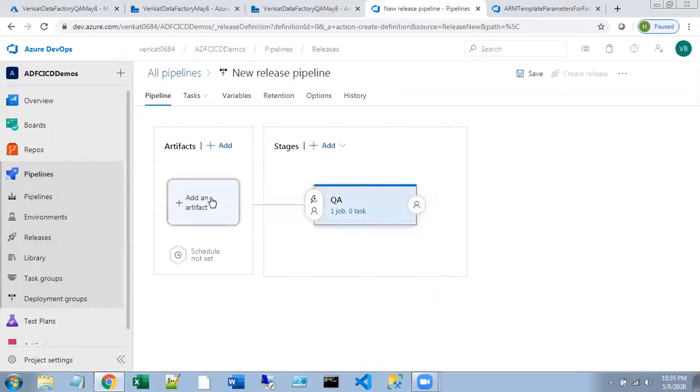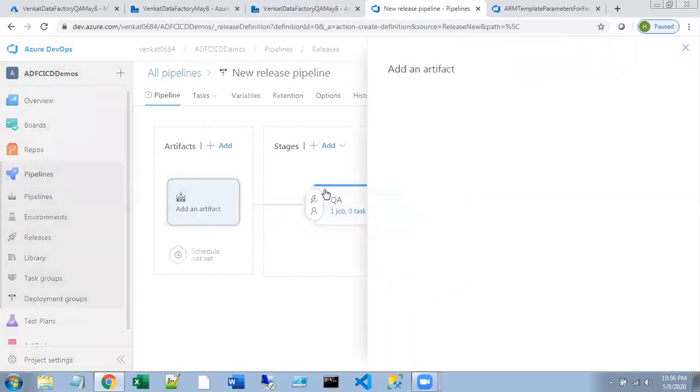Next, go for adding the artifact. You are going to add the artifact that has been generated in the previous build. I already told you that the output of the build pipeline is going to be an artifact, so you just select that artifact.